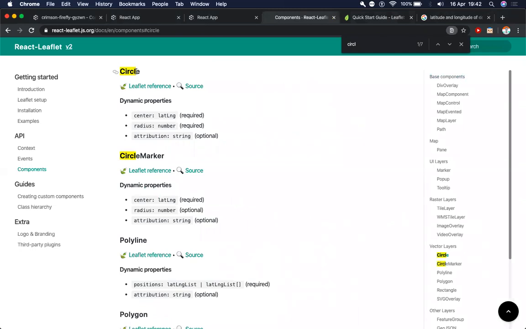React Leaflet has given us a circle component and it's taking center and radius as the default properties. They have also given the Leaflet reference here, which we can use to see if we can pass any other properties to our circle.